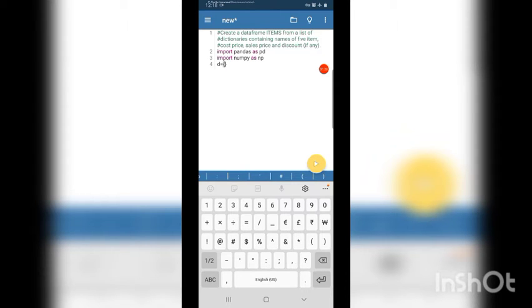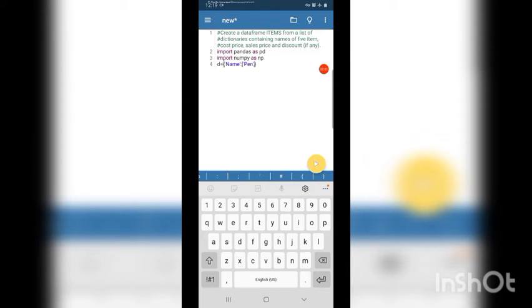First column name is name, that is item name. Then inside the list the names. So let it be name of items, like stationery items like pen,